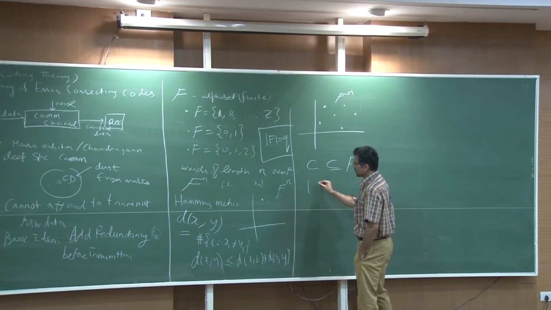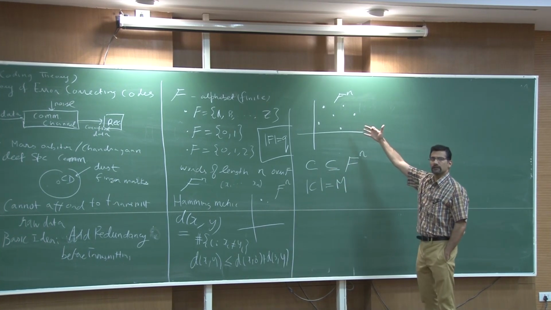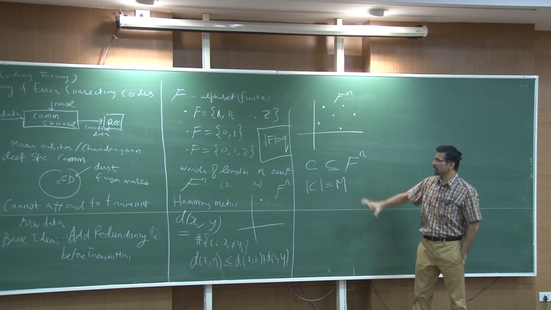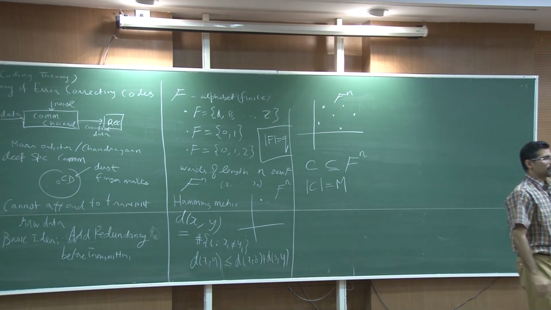So the size, okay, you can give a name to this. The size of this set, a subset of F^n, let us call it m. So these are these m words which are called code words. This is what you transmit, and